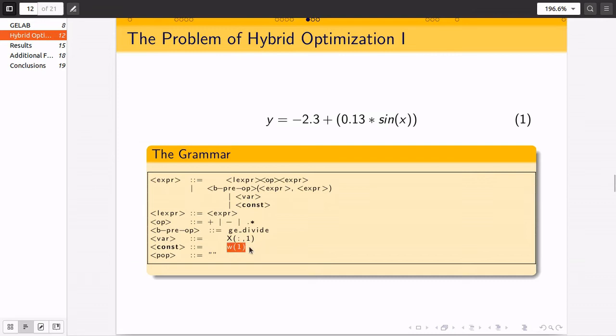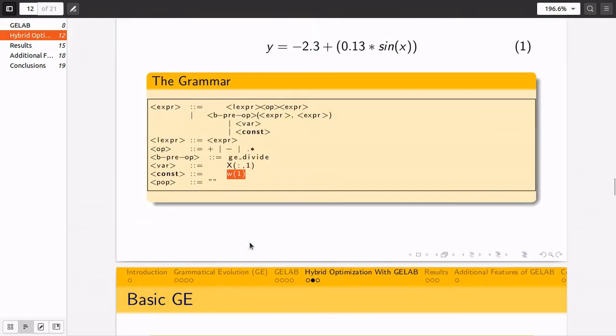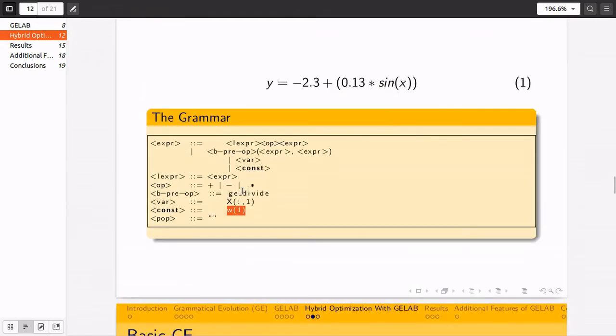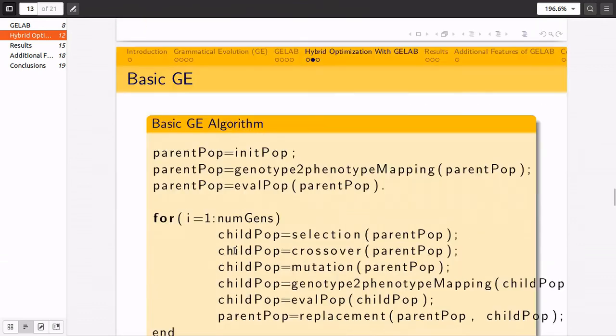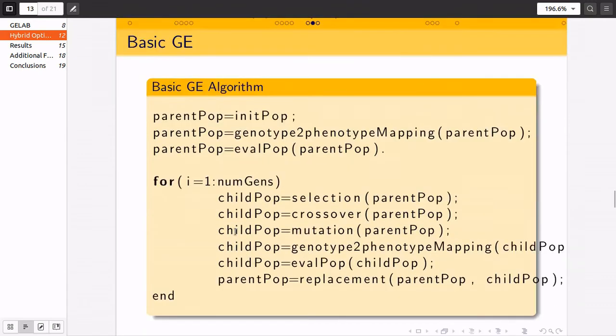variables. So over here I'm just saying it is a variable because in terms of optimization, the coefficients that have to be found are going to be treated as variables by the hybrid numerical optimization algorithm. So we create a program which has kind of like hooks like W1, W2, W3 in it, and we give it to a hybrid numerical optimization algorithm which finds the appropriate values for these constants. So this is basically the main achievement of our work,